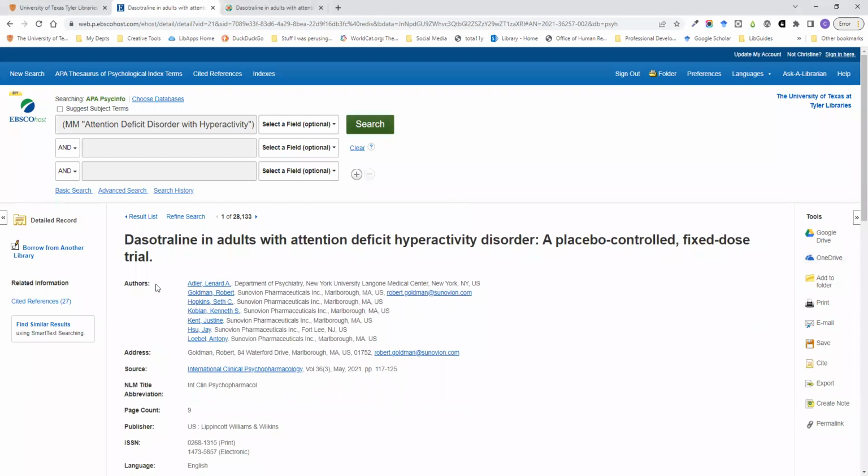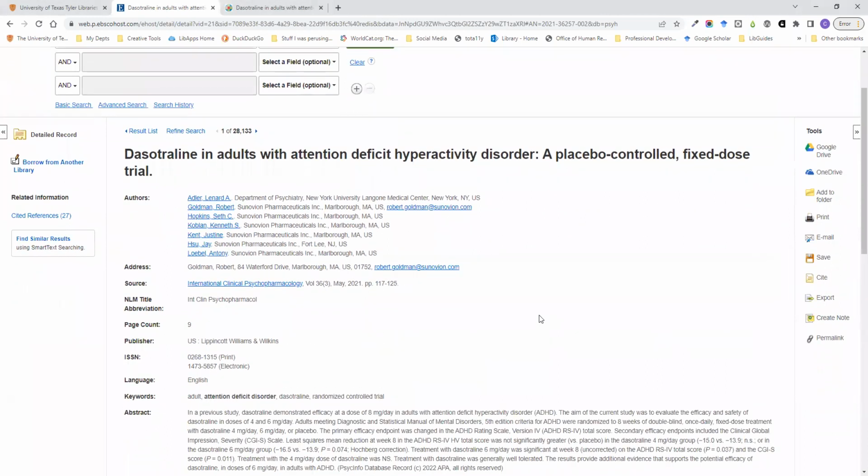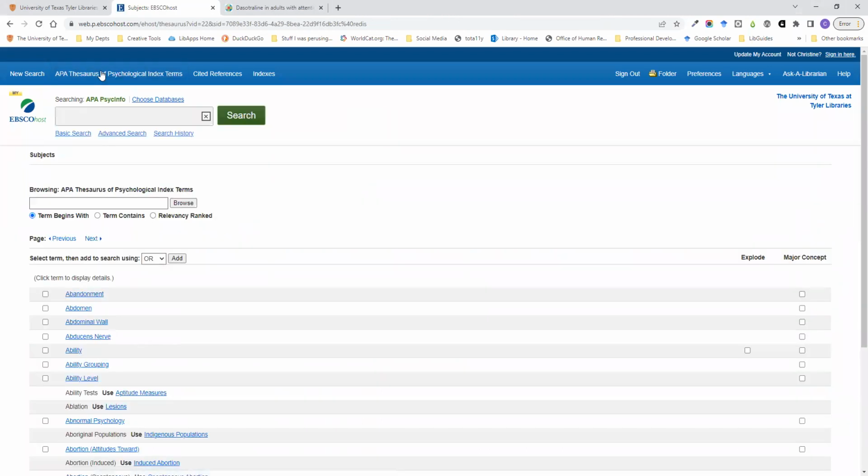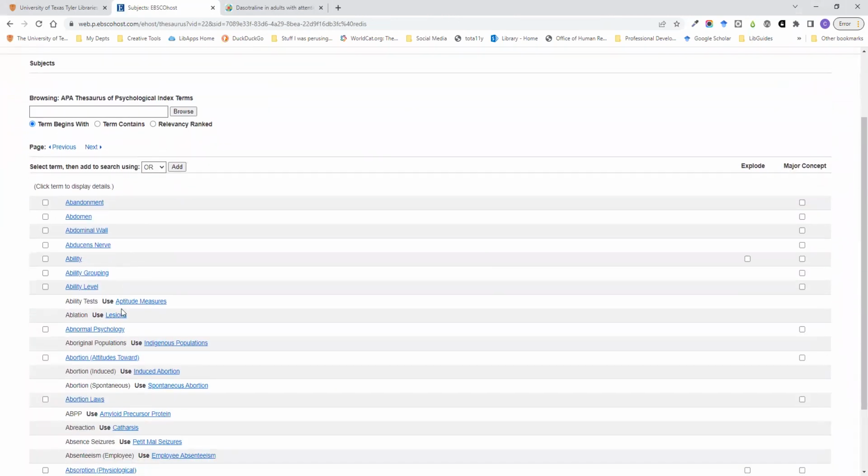We'll have to go back to this in a minute and see if we can figure out whether it's saved. Any other questions about what's on that screen? No. Looking good? Okay. So that is doing some searching. Now, we kind of touched on this. The APA thesaurus of psychological index terms is going to have all of the things from the,